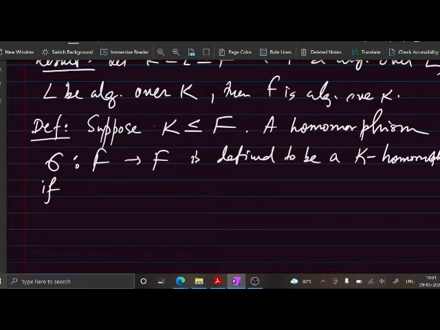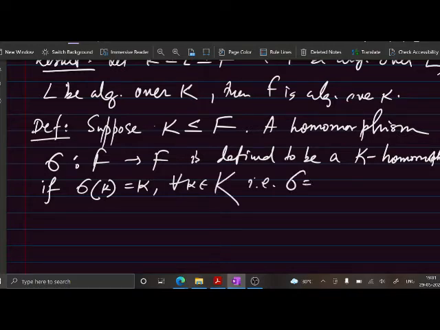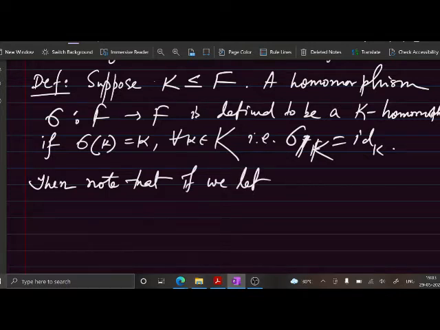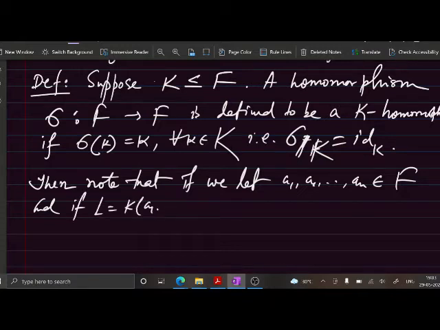ডিফাইন টু বি K if আমরা রিকল করতেই পারি। So if sigma of k equals k for all k belongs to capital K, that is sigma restricted to K is the identity map on K. Okay, then one can note that if we let A1, A2, ..., AN belong to F and if L equals K(A1, A2, ..., An),